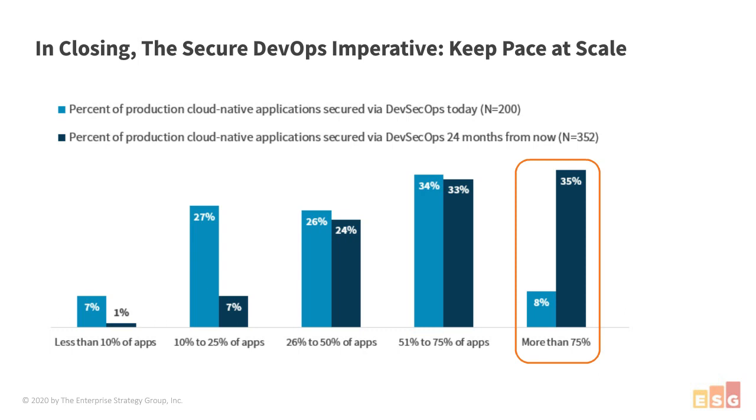What's encouraging, the research data says, is we're going to get there. While only 8% of the organizations tell us today that more than three-quarters of their applications are being secured through DevSecOps or secure DevOps practices, that jumps to 35% over the next little while. So yeah, when I do research data, I'm an optimist. I'm looking for directional improvement where we can really move the needle, and I think we're seeing that. It's good stuff.